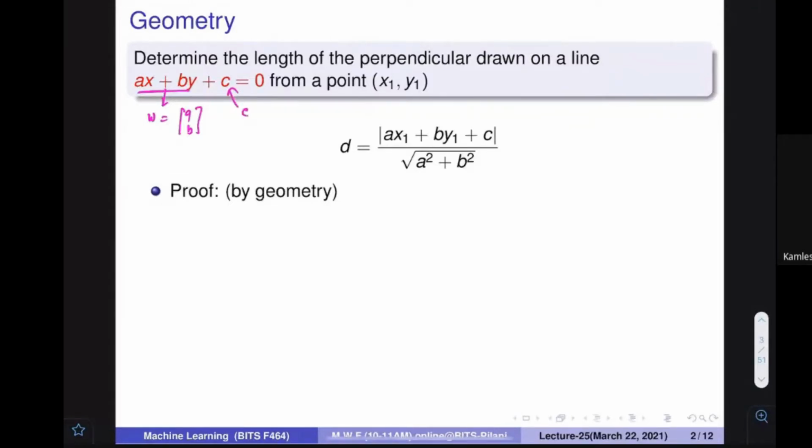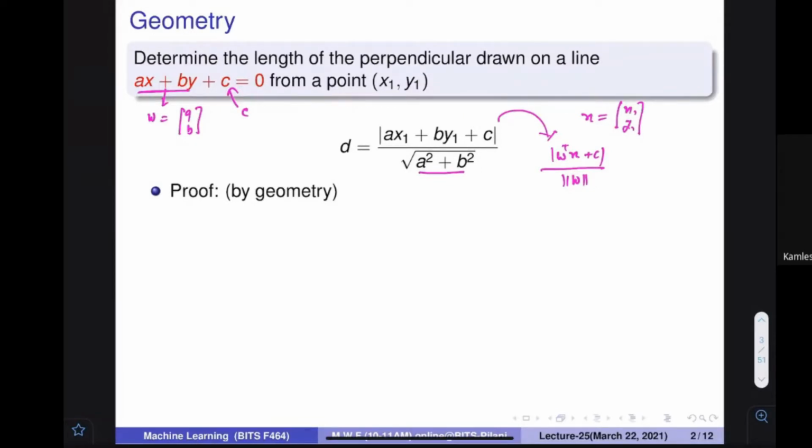Then there is a constant c. Let's assume that the point I'm talking about is (x1, y1). What we are actually doing here is multiplying w with x. It's a matrix multiplication. You can write w transpose, and even if I don't write the transpose, please assume that the transpose is there. So w is multiplied by x, then it is added with c, and the denominator is the L2 norm of w. The same thing can be represented in this formula also. Any problem on this? Can you write yes that it's clear?